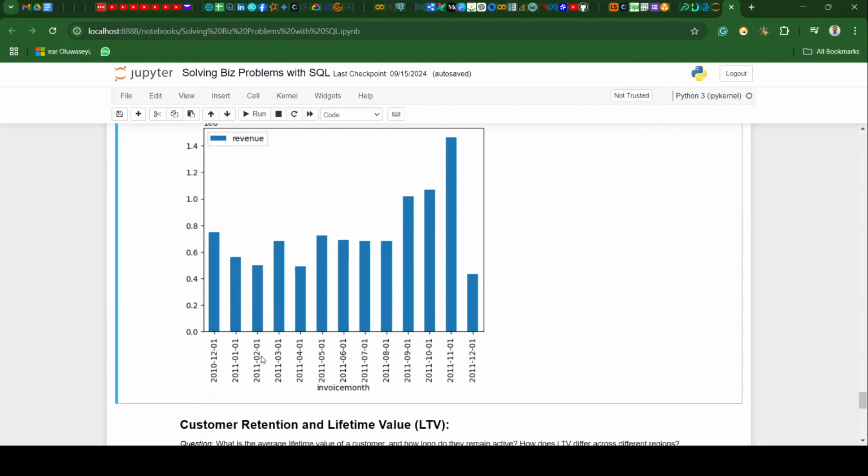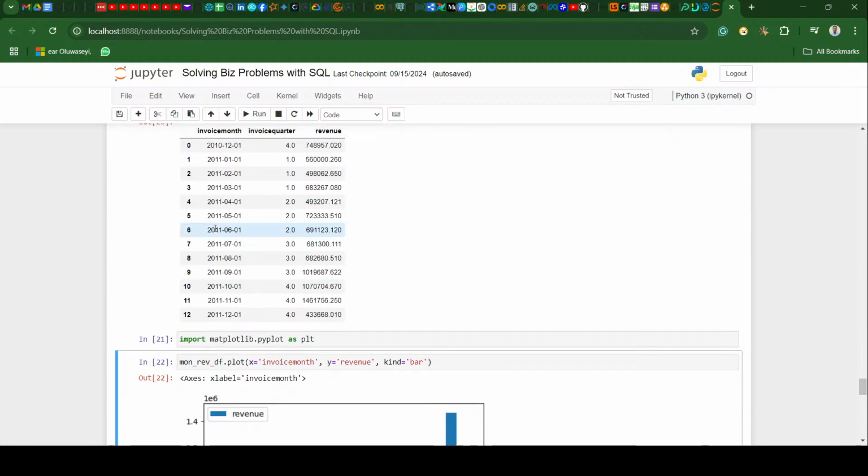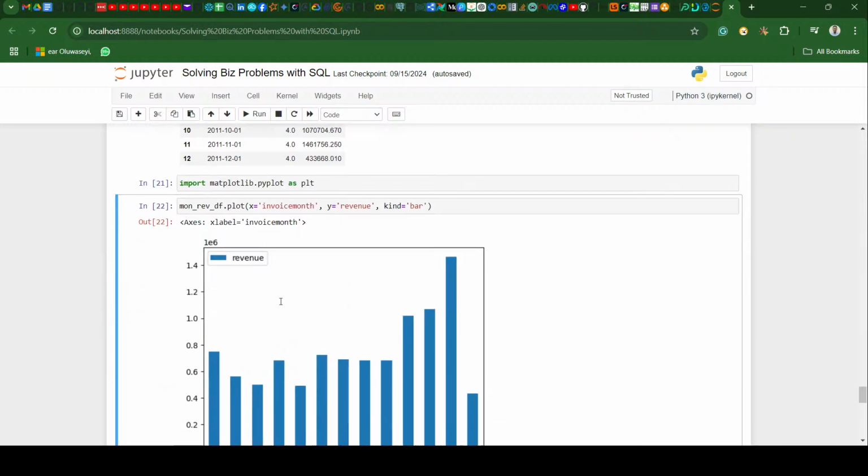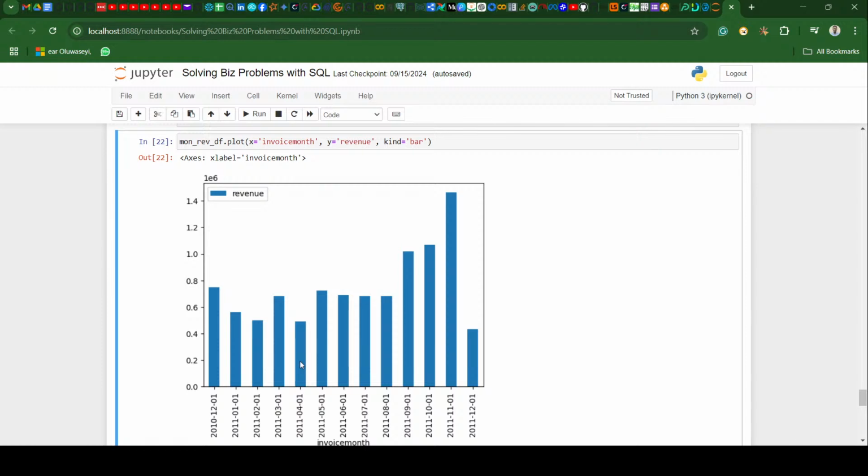We can see the data here. It's not up to 2 years. It's just from 2010 to 2011. You cannot call this 2 years. It's just about 1 year of data that is here. So that is what it is like. We cannot say maybe there's some kind of seasonal variation. Maybe there is some kind of trend, because